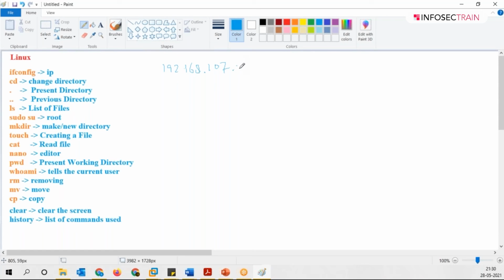Correct. So what I am trying to do is see all the machines which are up in the same network. So this is a class C, 192, right? So I did 0/24. It will be checking the whole range for you, like 107.1, .2, .3, .4, .5 till 255. Make sense? This is the whole idea of doing this thing. I hope everyone got it. Perfect. Moving on with the scan.